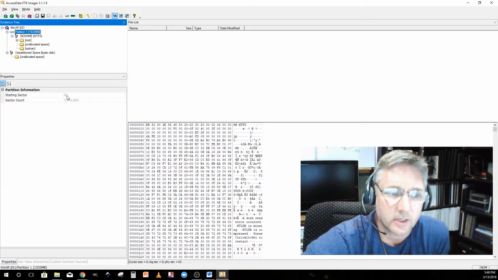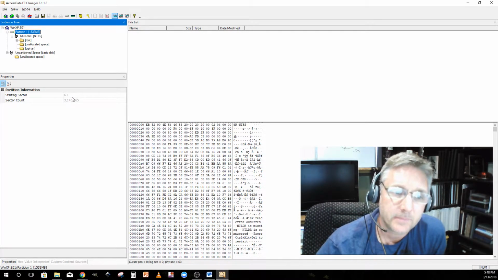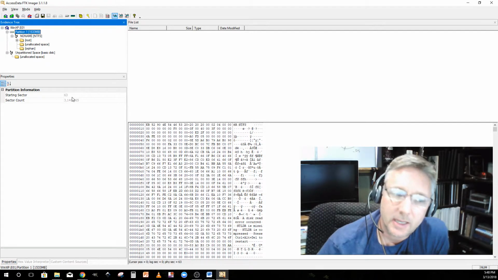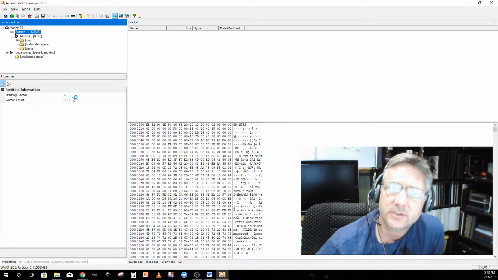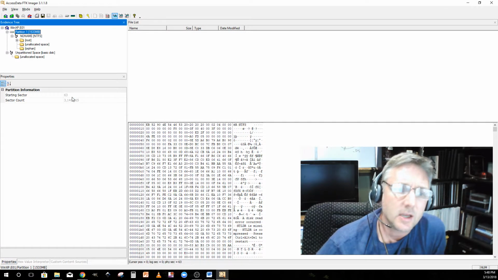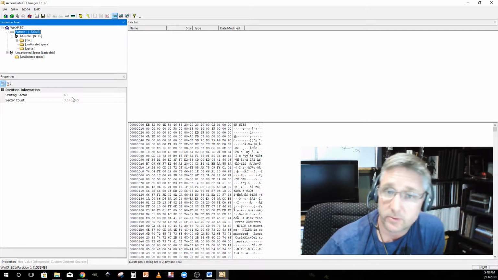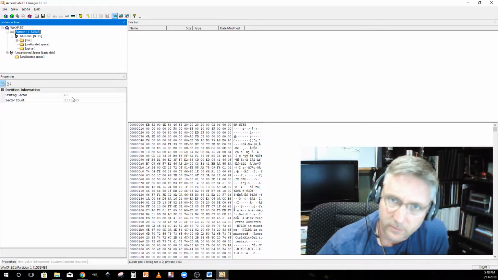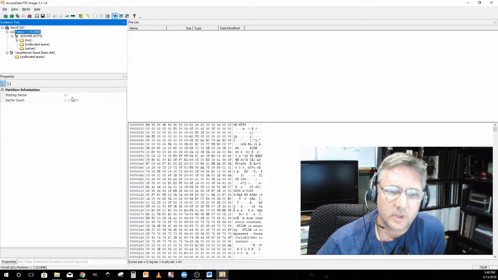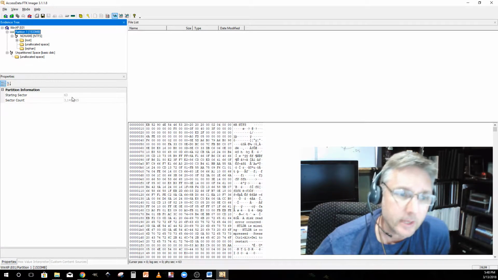And it tells us that the starting sector is 63. Usually the first 63 sectors on an NTFS disk, or in fact, it's common for most file systems and operating systems, is to put the starting sector of the partition out on 63, because the first 63, sector 0 through 62, right? So the first 63 sectors are actually reserved for file system and operating system and boot up and things like that. So sorry about that. I just coughed right on you. Okay, so